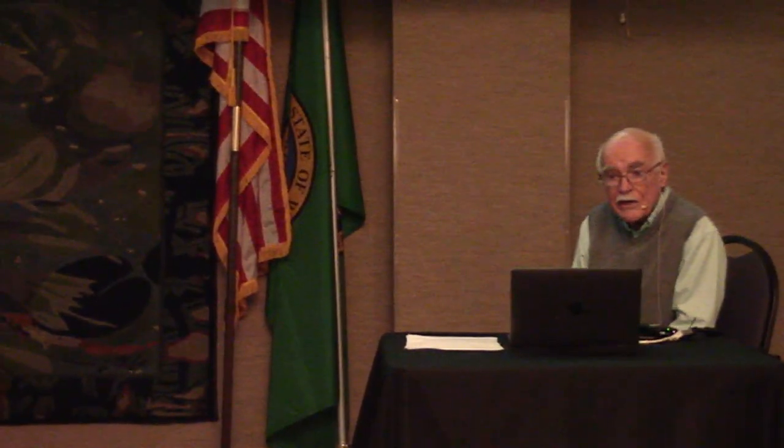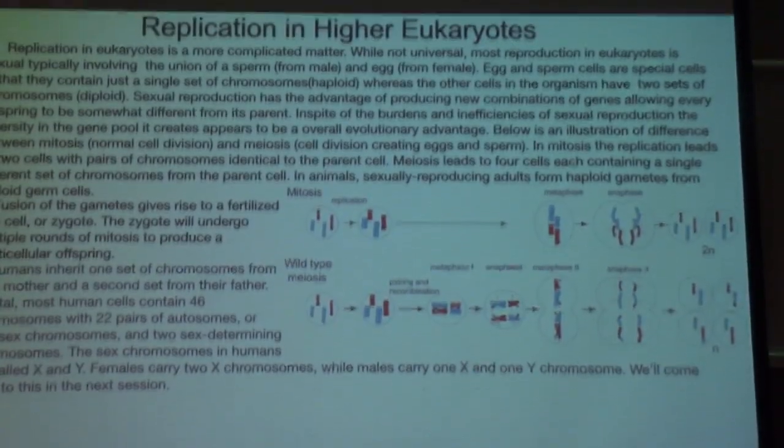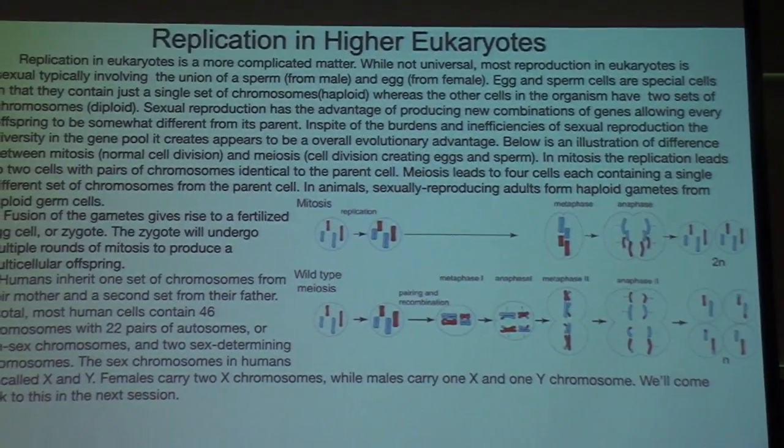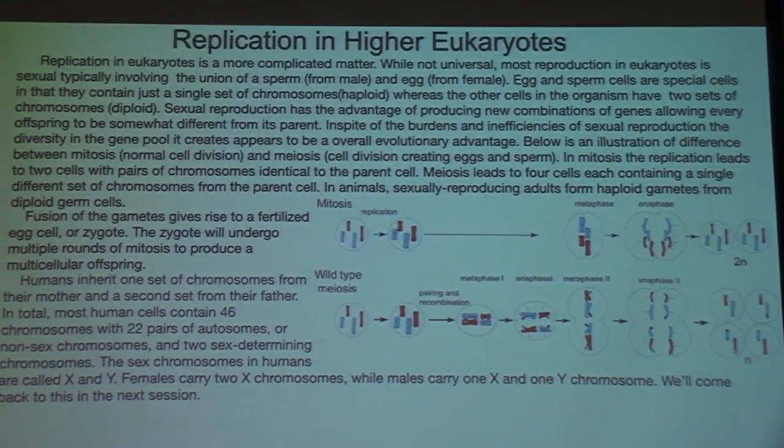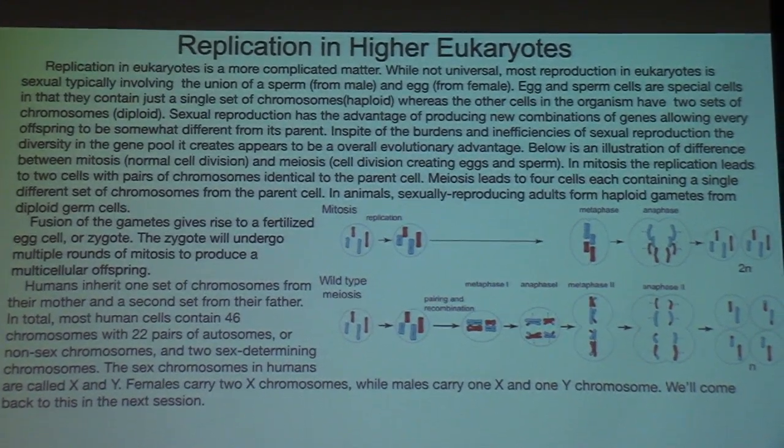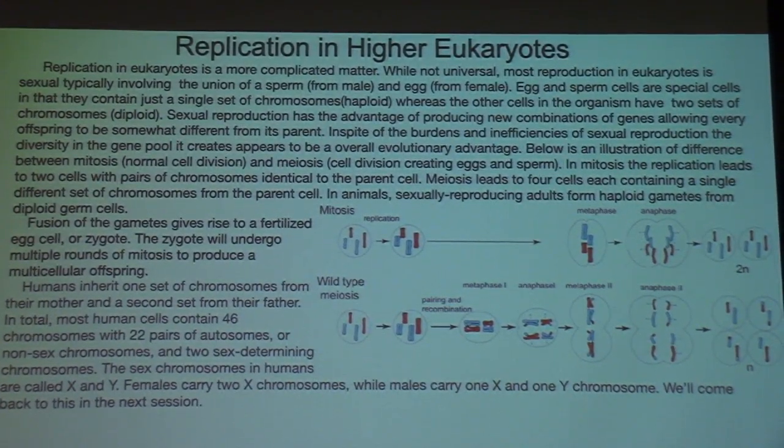It's not universal, but most reproduction in eukaryotes is typically sexual, involving the union of a sperm from a male and an egg from a female. The egg and sperm cells are special cells in that they just contain a single set